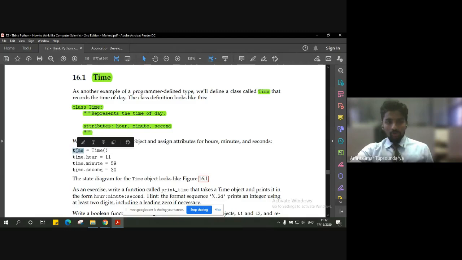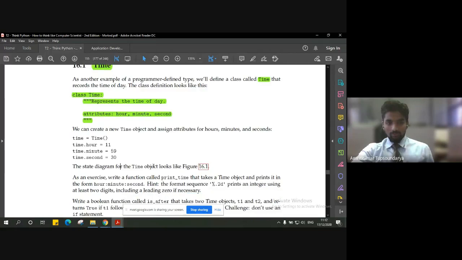So the object time, the attribute time.hour, time.minute, and time.second are initialized with some random values, where this particular value represents 11 hours, 59 minutes, and 30 seconds.